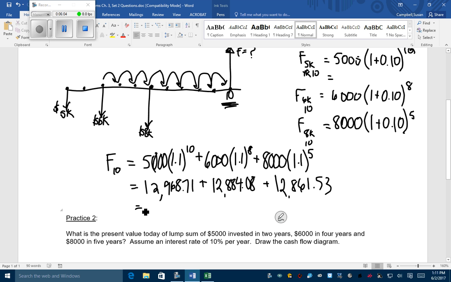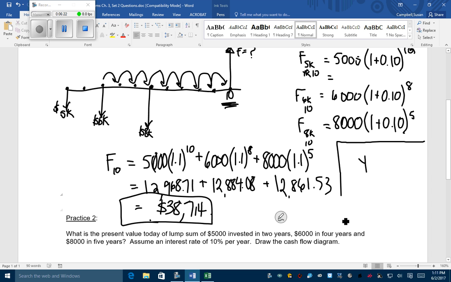Not likely to happen on our markets these days. $38,714. So what does this represent? This is saying that in year 10, $38,000 is equivalent to